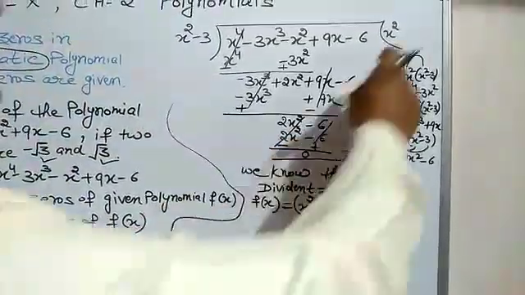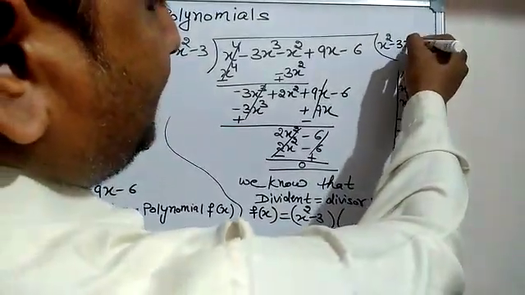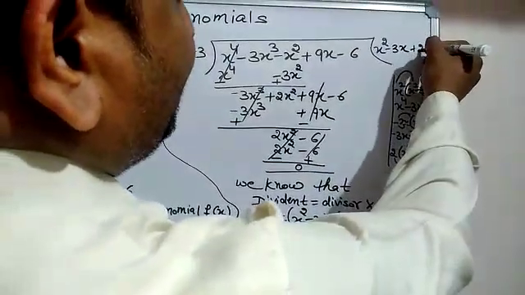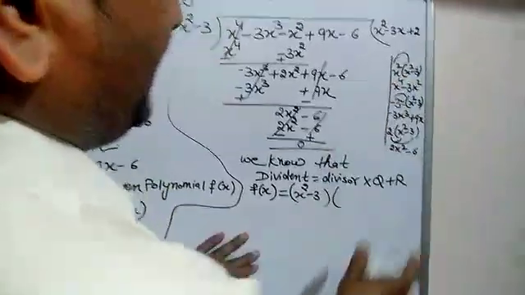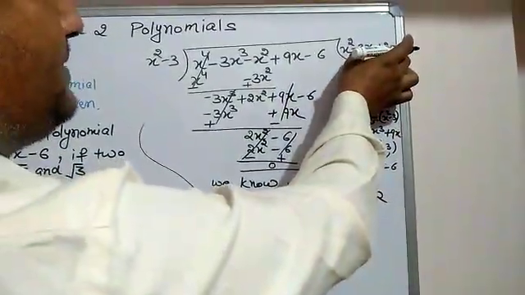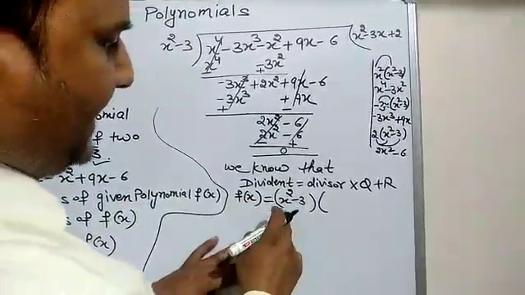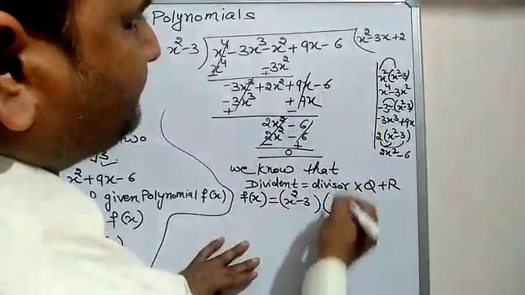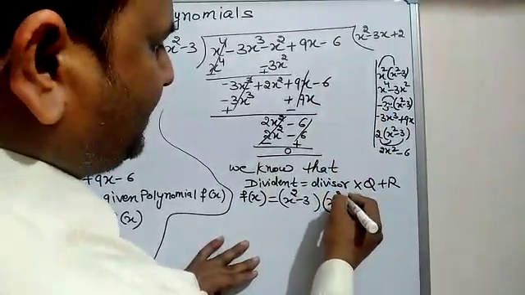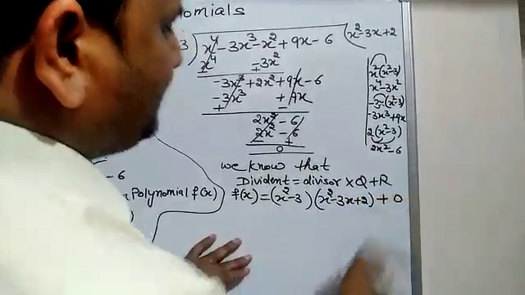Quotient. See, I am not writing the quotient here, but it is here. There is minus 3x by the rule, and there is plus 2. So be careful whenever you multiply by the terms at your sides. You have to write this at your proper place. That becomes your quotient. So be careful, students. Then x square minus 3. So what is our quotient? That is x square minus 3x plus 2, and plus remainder, which is our 0.